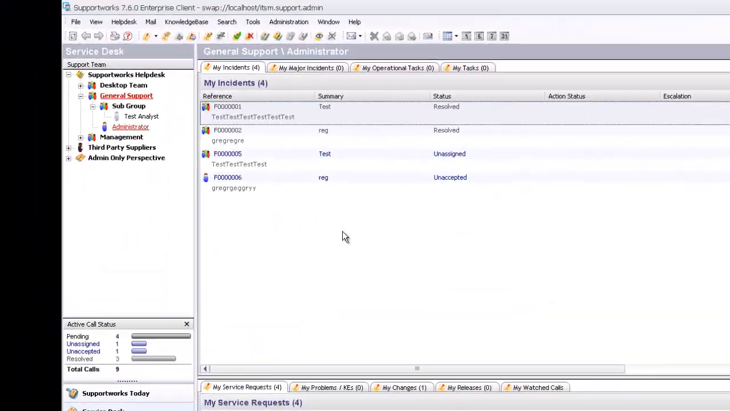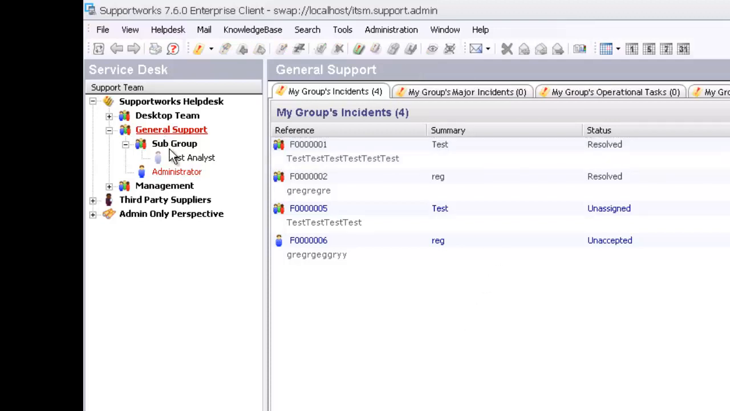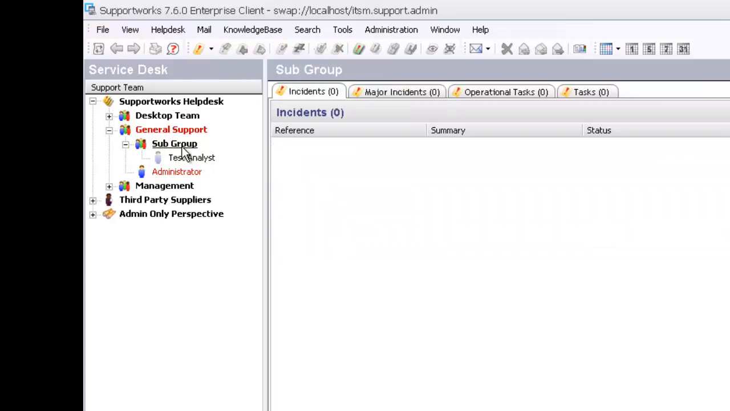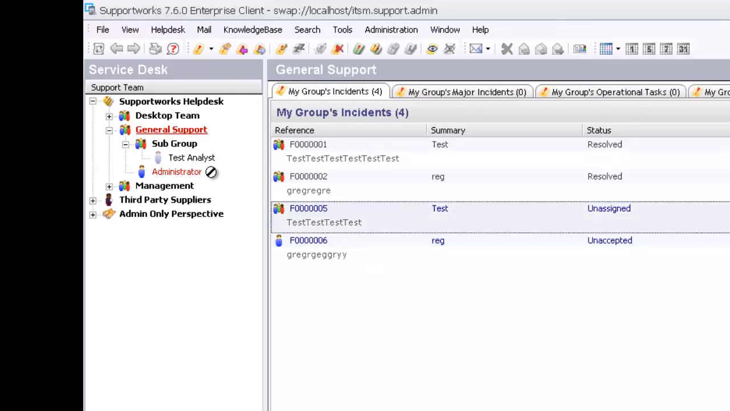Okay, so the last thing I'm going to show you here is another filter. However, it's not actually based on the data dictionary, it's based in a setting when you right click on the view here. Basically what it allows you to do is view the calls in your subgroup. So you can see from the top level here I have general support, then I have a subgroup underneath it with test analyst. So if I assign a call directly from our general support group into the test analyst group,